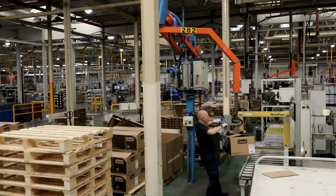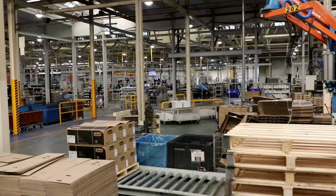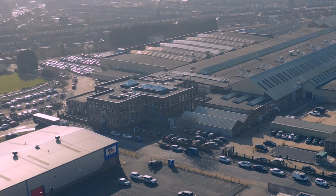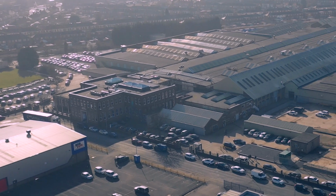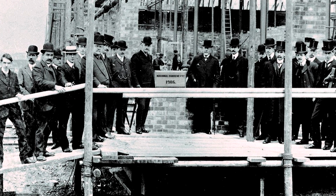So we're here today, right now, on the health and safety walkway at Ideal Boilers. Ideal Boilers have been manufacturing boilers on this site since they were founded in 1906. They were one of the first companies to invent a British boiler that had central heating in the cook and